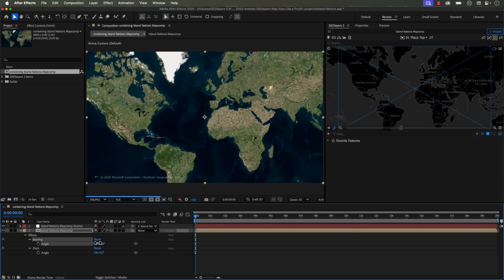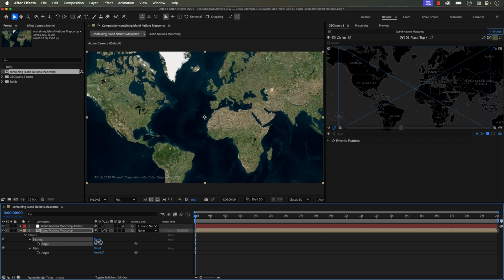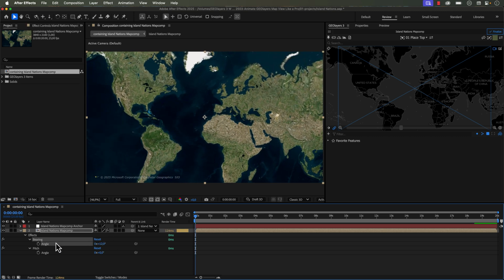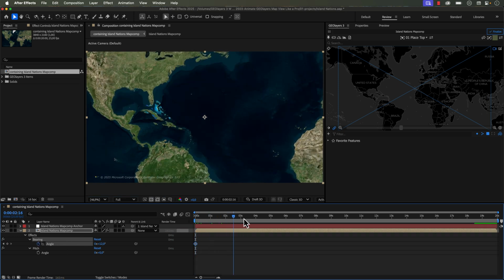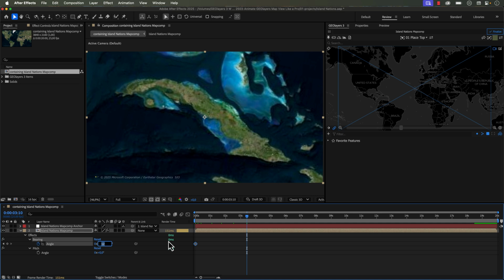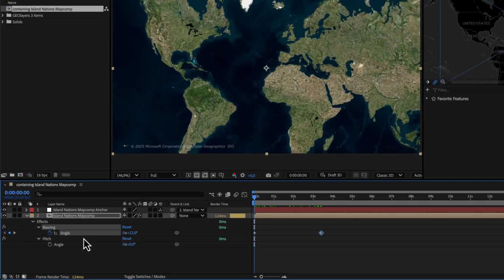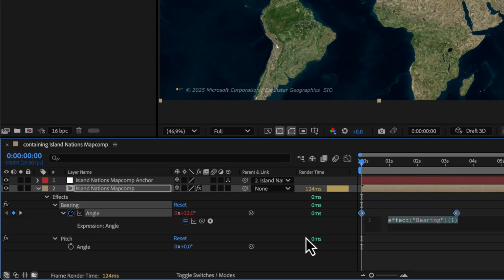I can do this with 2 keyframes with a loop expression. So I'm going to start off at like 12-degree bearing. I'm going to add a keyframe, and then I'm going to go out here and I'm going to add another keyframe that is the opposite. So it'll be -12. So now I have a little bit of a bearing change, but I want this to loop. So I'm going to alt-click on the stopwatch here, and I'm going to type in loop,